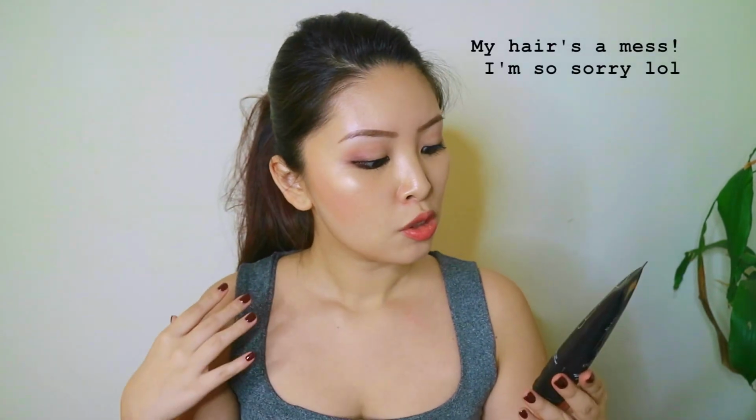Nars Velvet Matte Skin Tint comes in 12 shades, and my shade is in medium 1 Saint Moritz. I use the same shade in the Pure Radiant Tinted Moisturizer from Nars as well. It has a slight yellow undertone, which later you will see in the demo, but on myself I think it suits my skin tone very well. It also has SPF 30, but so far when I use it, I don't notice anything when taking pictures with flash, and it has 1.7 ounce, which is 50 ml, and that's the same quantity as the Pure Radiant Tinted